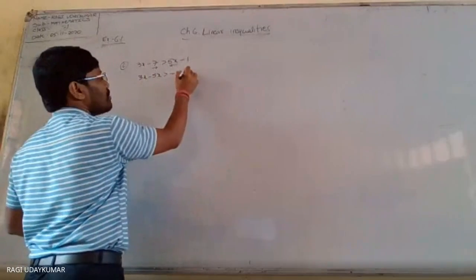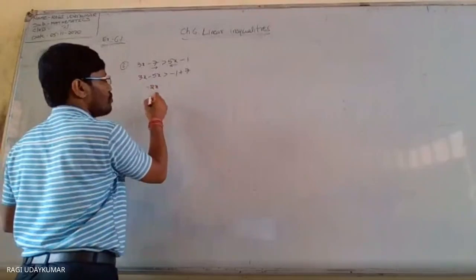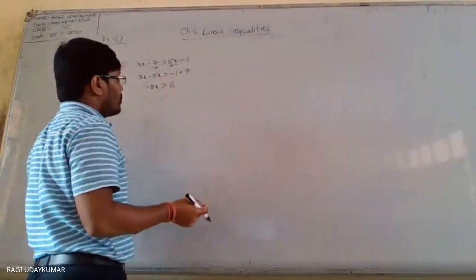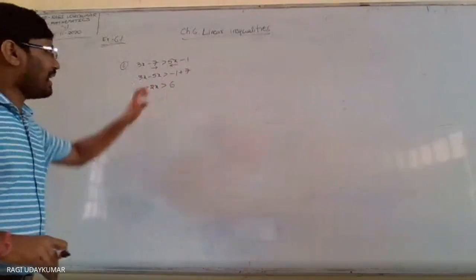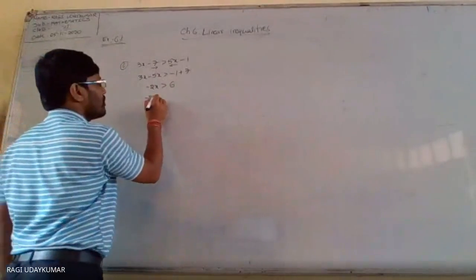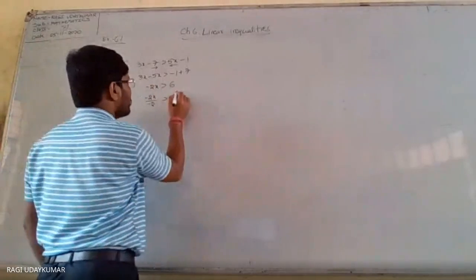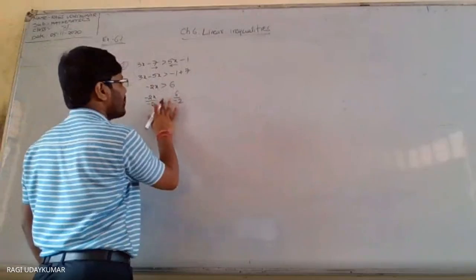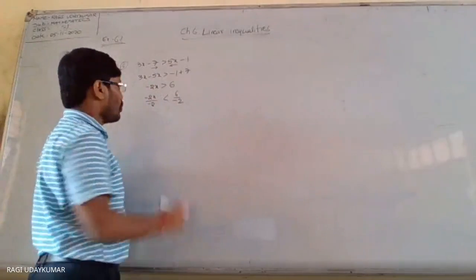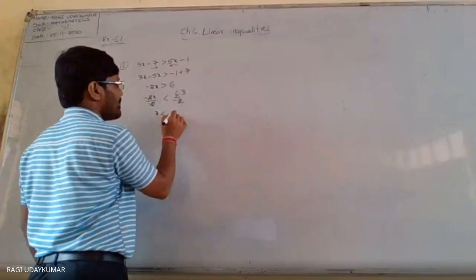This minus 7x here comes means plus 7. You can write like this. So here you will get minus 2x is greater than plus 6. Now what to do? Divide by minus 2. Directly minus 2 can be brought here. Whenever you divide by the minus 2, 6 divided by minus 2, the greater than becomes less than. So minus 2 cancel, 2 1s are 2, 3 2s are 6, so x is less than minus 3.